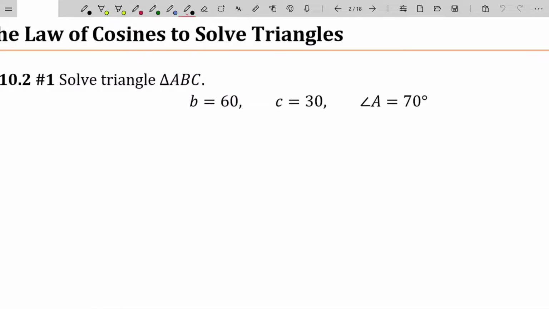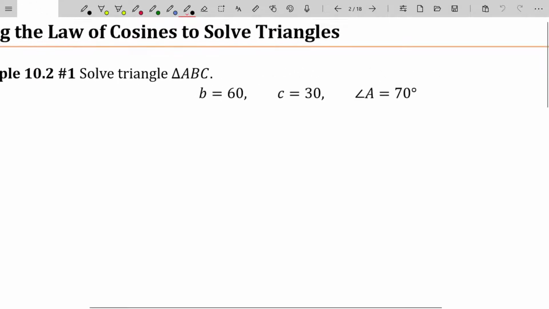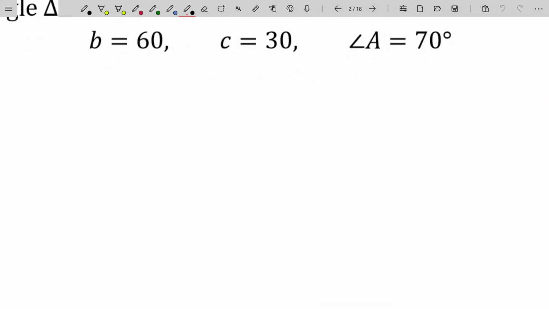So anyhow, in my Law of Sines videos, I had mentioned that if somebody hands me information about a triangle, in this case, they're saying just solve the triangle, but sometimes they say sketch the triangle and solve. No matter what they say, I write down a table of angles, and then in the second column, a column of sides. So I have angle A, B, and C, and then side A, B, and C. And then I fill in the given information. So angle A was given to be 70 degrees, side B was given to be 60, and side C was